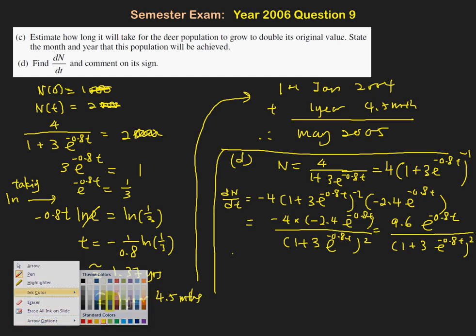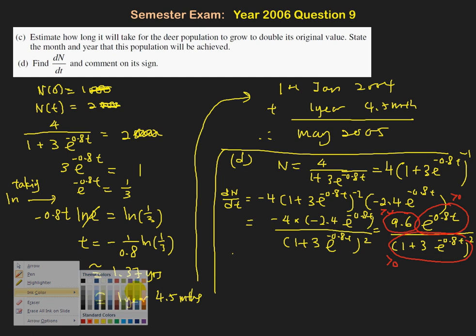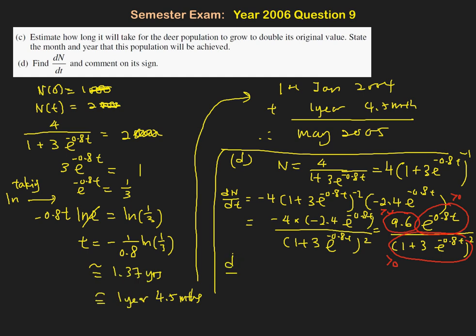This is a square of an expression, so it's always positive. 9.6 surely is always positive. And how about this? e to the power of -0.8t. Now any exponential function is always positive, and so this is also positive, positive, positive, and positive. And that means your dN/dt is always positive for all t, and that means that